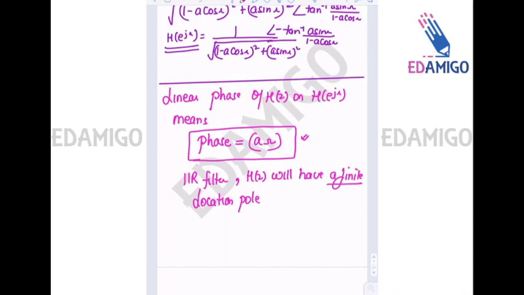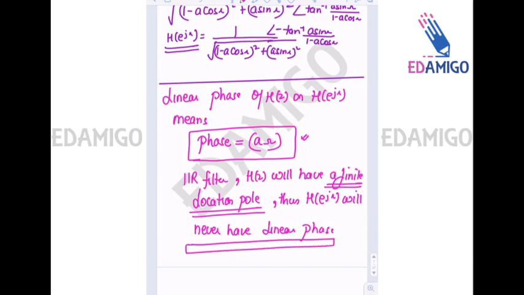By this word finite location pole, I mean that there will be a pole between z equals 0 and z equals infinity always, and thus H(e to power j sigma) will never have linear phase. Thus we can say that a realizable IIR filter will never have, or I will just write that statement,